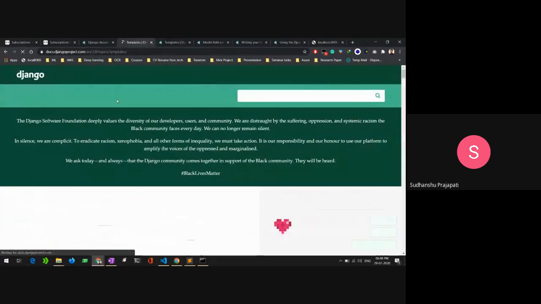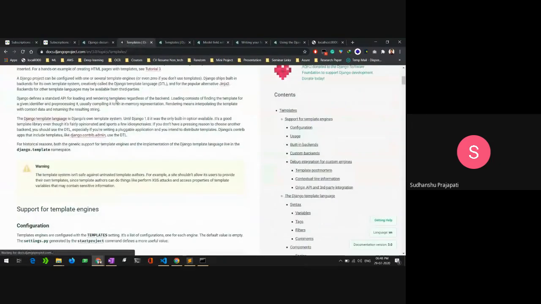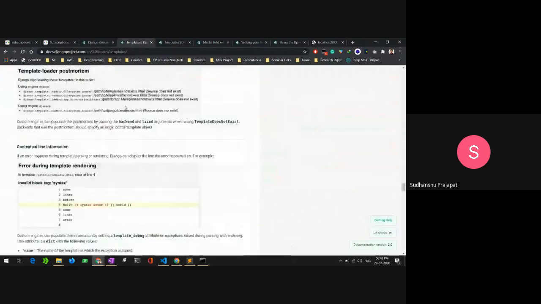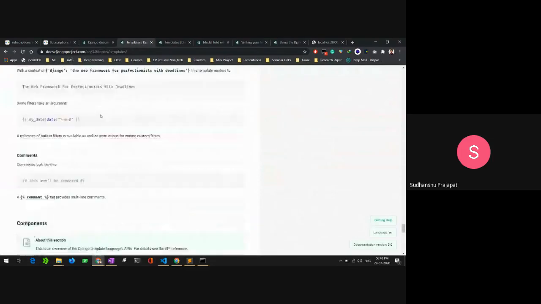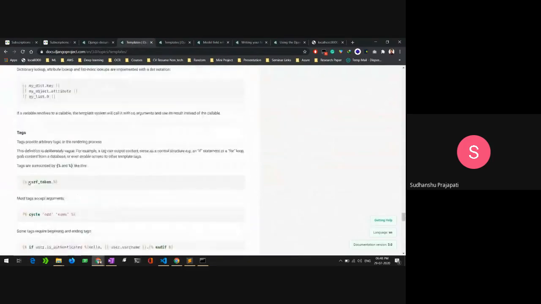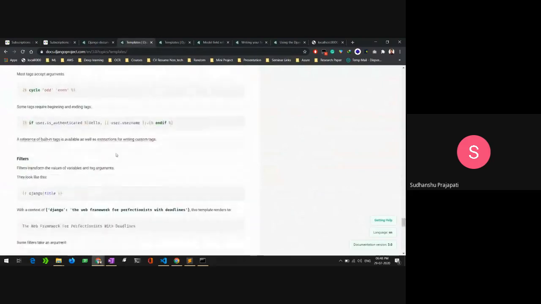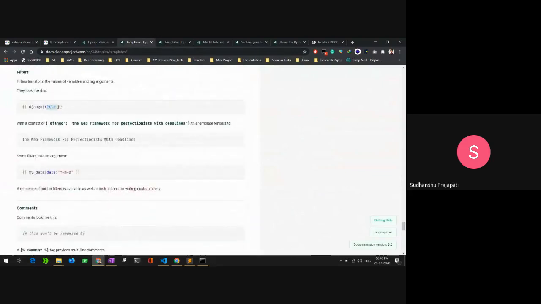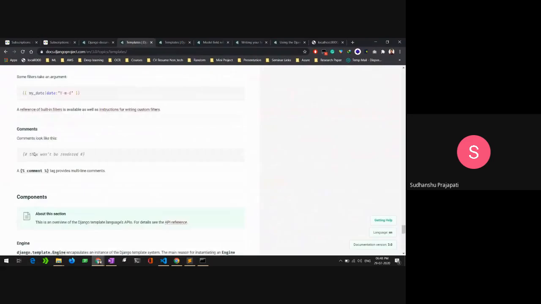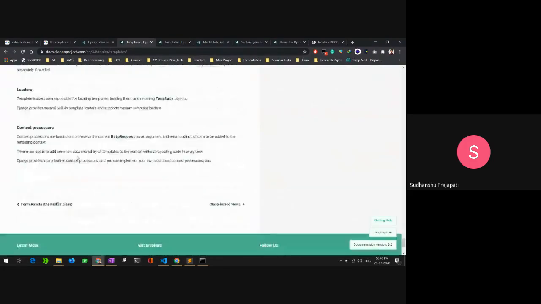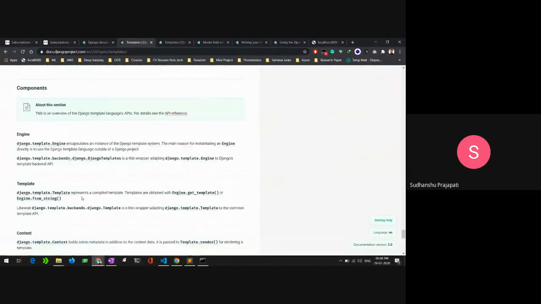Inside the template, here you can see the tags like if, and these are the filters tags, and you can learn more about it.